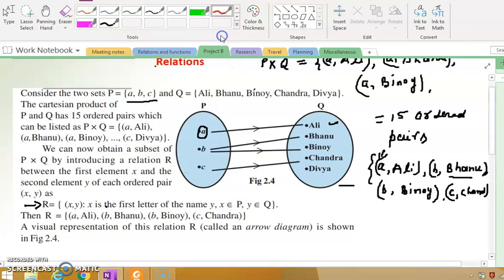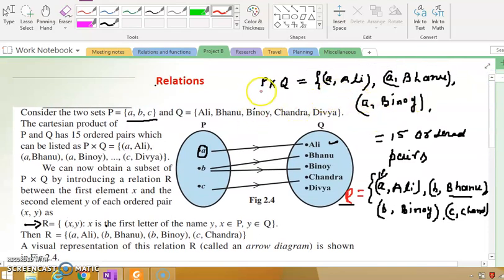and the second thing, whatever relation you're getting, this is your relation. And this relation must be a subset of the Cartesian product. Hope you understand this statement. The relation must be a subset of the Cartesian product. So you see over here,